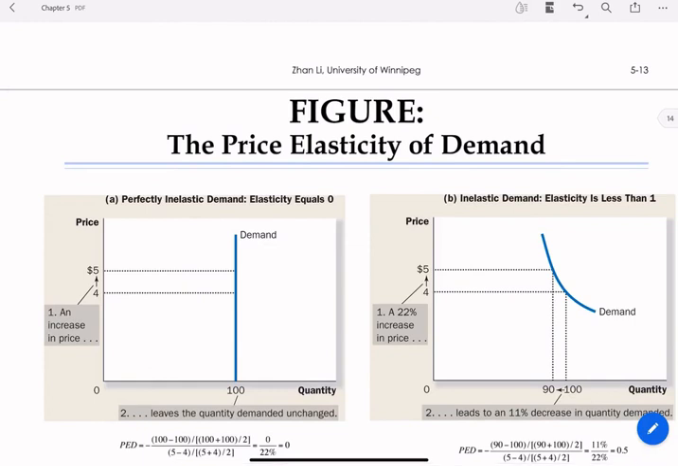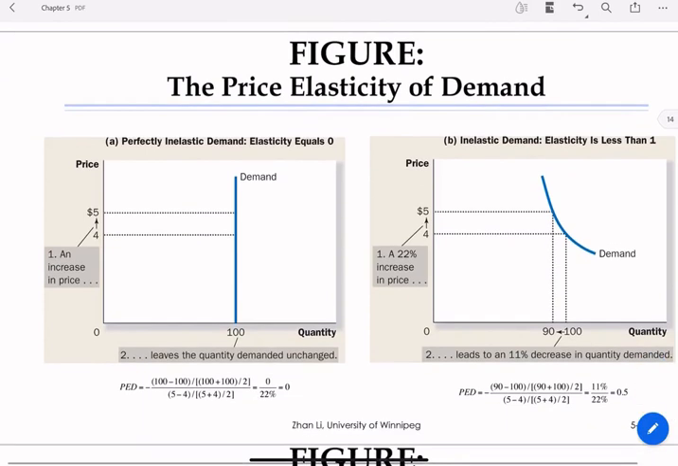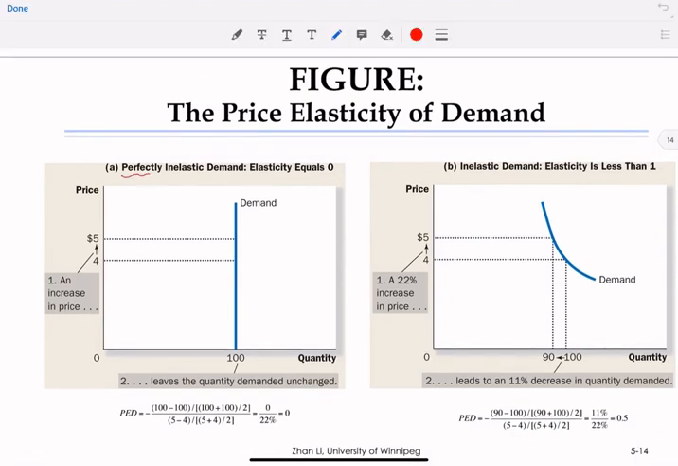Okay, let's look at the example, which gives you several pictures, and we could do some calculation and learn how to calculate the price elasticity of demand. So let's see the first one. The first one is a perfectly inelastic demand, and it says elasticity is 0. So let's see whether this is the case. So let's pick 2 points,